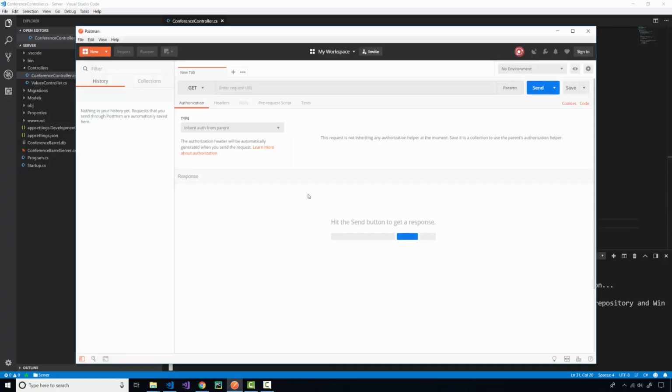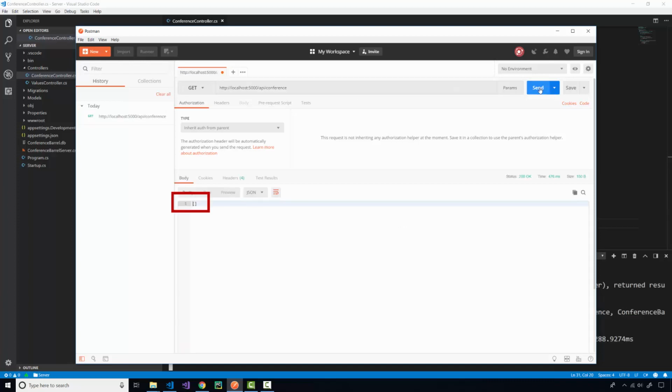First, I'll make a request to get all of the conferences. So I'll go to the URL http://localhost:5000/api, and this time, because I want the conference controller, conference. This will be a GET request, and now I can send it. The response is a JSON representation of an empty list, and this makes sense as there is no data in the database. So I'll change the method to post